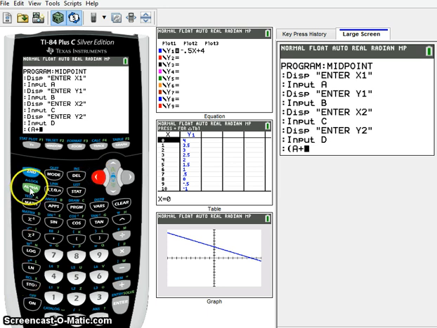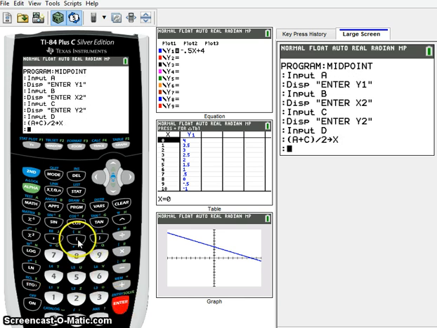And then I need alpha and C, which is here. And then close parentheses, divide by 2 to get the average. And then I want to store that as another variable. So I'm going to hit store. Then I do alpha, and I need the x down here. So I'm going to store that value as x. I hit enter,